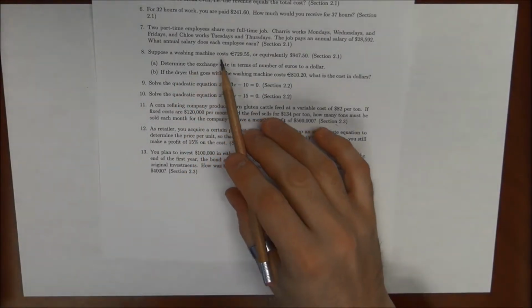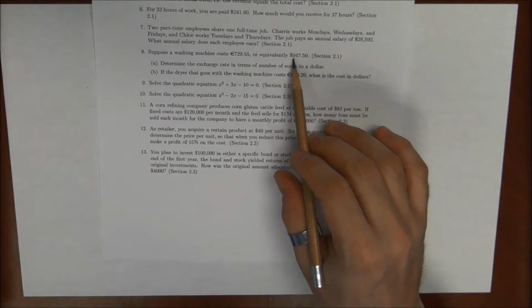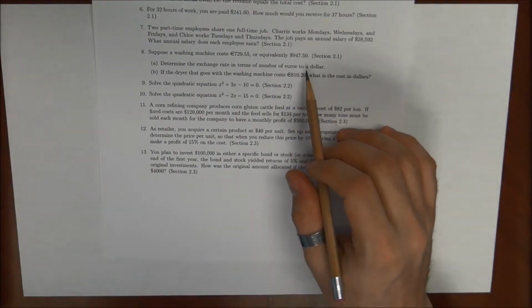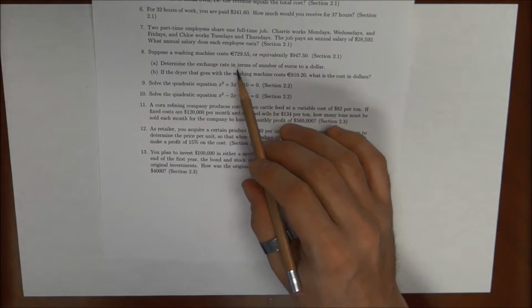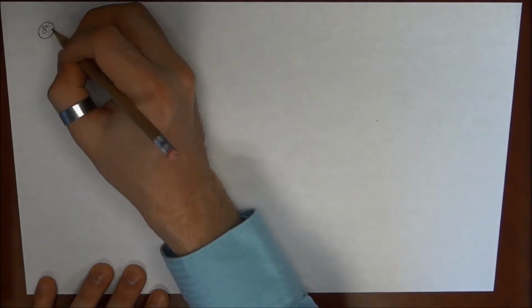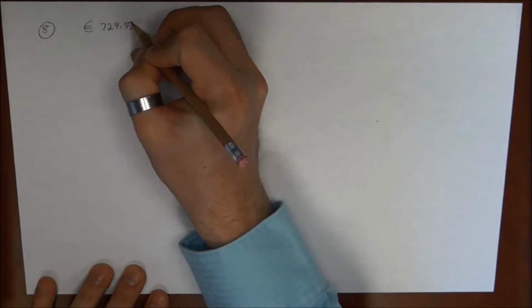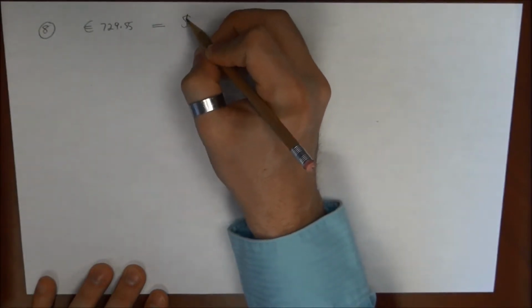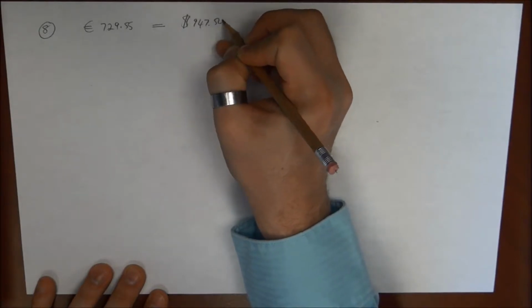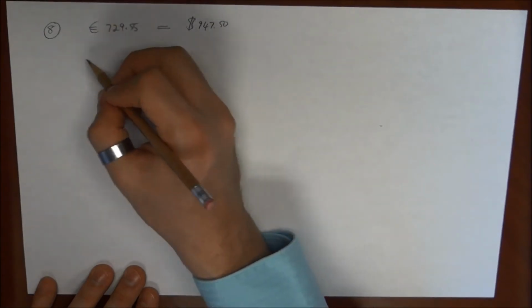Suppose a washing machine costs €729.55, or equivalently $947.50. In A, determine the exchange rate in terms of number of euros to a dollar. So the washing machine price is given in 2 currencies. In number 8, it says here 729.55 euros equals 947.50 in dollars. So the exchange rate is simply,